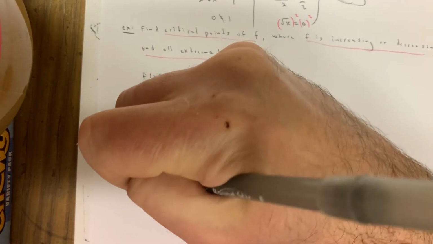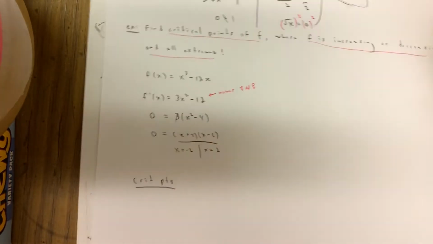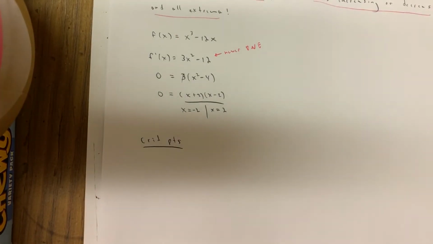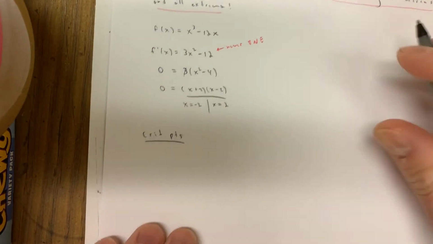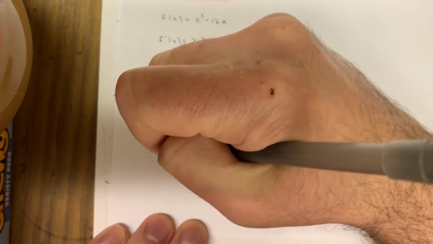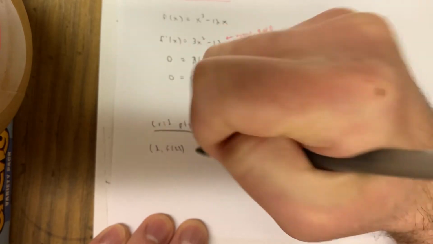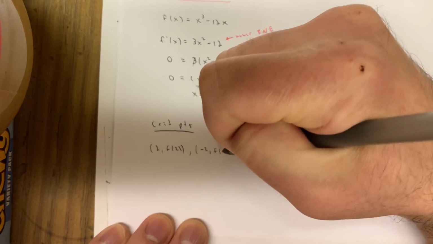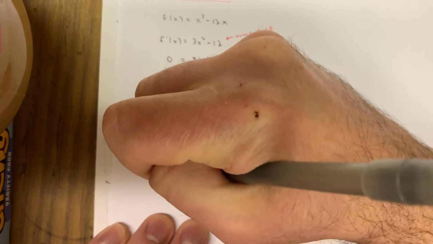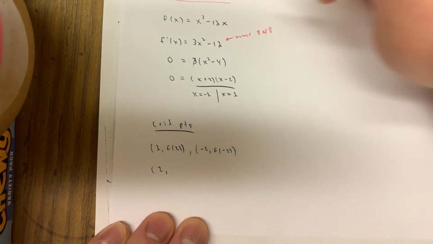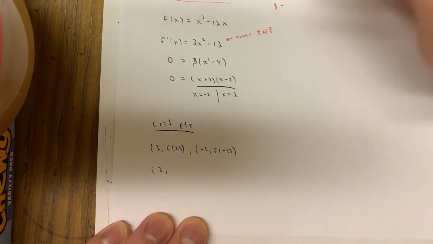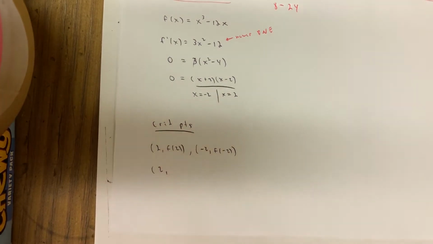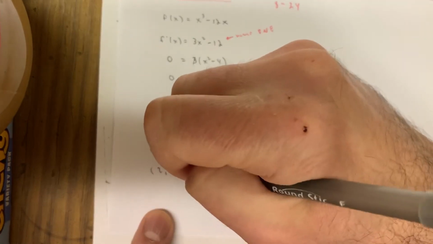So if you want crit points, remember, if you want a y value, you always plug back into the original, the OG function. You always plug in there for position. So 2 comma f of 2 would be a crit point, and also -2 comma f of -2. To plug a 2 into f, 2 cubed is going to be 8 right there, minus 12 times 2, which is going to be 24. Okay, so 8 minus 24 is going to give us our answer of